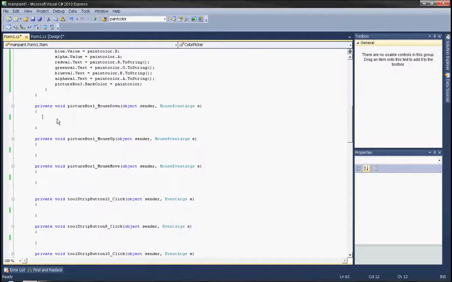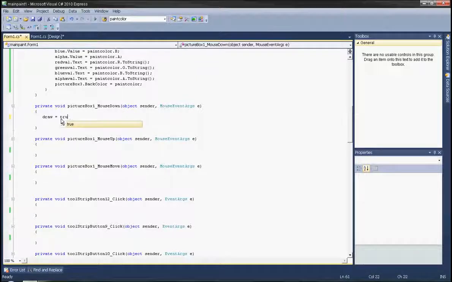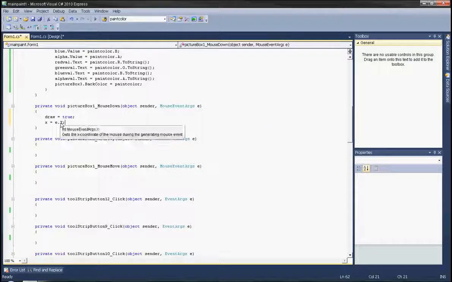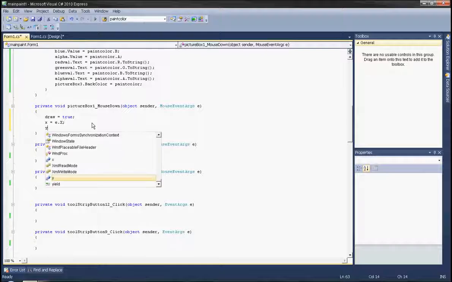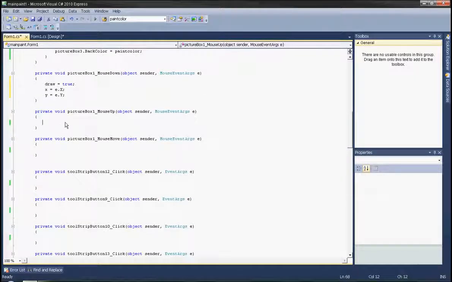And now here in mouse down, draw equals true, x equals e.x. So this is the mouse event args holding the current event. So this x is the current position of the cursor on the horizontal axis when the left button of the mouse is pressed. The y is the same, but it's the position on the vertical axis. Now in mouse up, draw equals false,